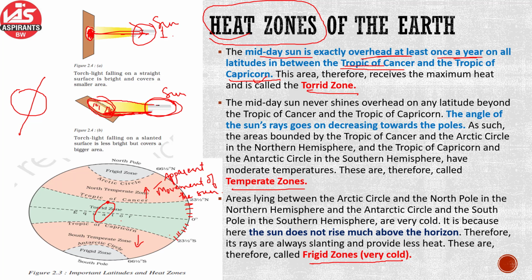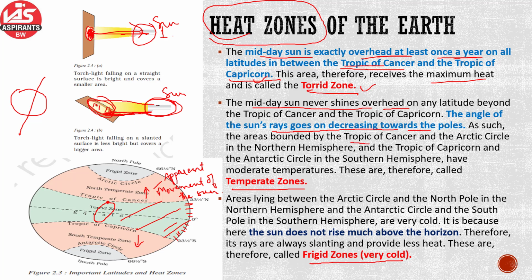And this area, which is marked here in the blue, is known as the torrid zone. And why? Because it receives the maximum heat. Okay, and then we move on to the next zone, where the midday sun would never shine overhead. Okay, so the angle of sun rays is obviously slanting and it goes on decreasing towards the pole, and therefore the